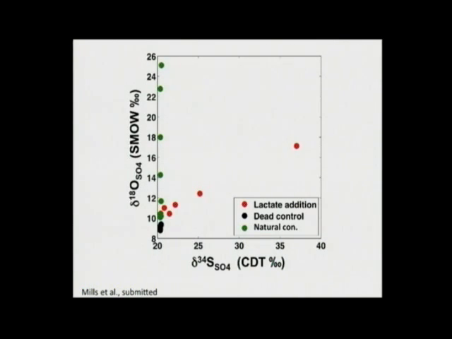And now when we look at the isotopes, this is the oxygen versus the sulfur. In the dead control nothing happened, everything is dead, so it's good. When we add the lactate, we see normal behavior of sulfate reduction. But in the natural condition, what we see is a big change in the oxygen isotopes without any change in the sulfur isotopes, which means that what we saw in the field is actually real. It's not a mixing between two water bodies or whatever. It's a real process, and it's a biological process because we don't see it in the dead control. So there is a bacteria here that is doing this process. So someone is actively